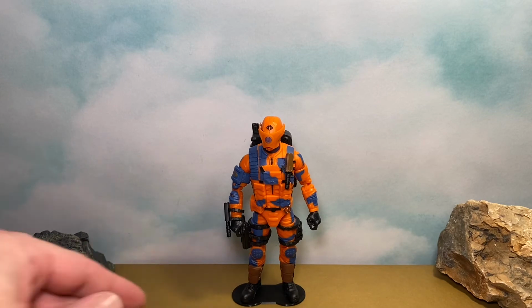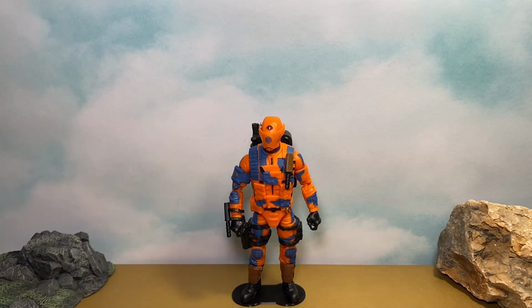You know who does really good size comparisons? Just outstanding is D Hunter's reviews. Man, that dude, his collection is insane. He army builds so many different things, but he does really thorough size comparisons that are great. But yeah, here is our Alley Viper with some of his gear on. I didn't put any of his guns on or his shield, but let's go ahead and check out